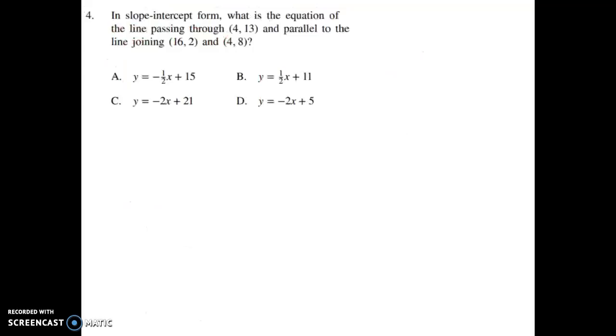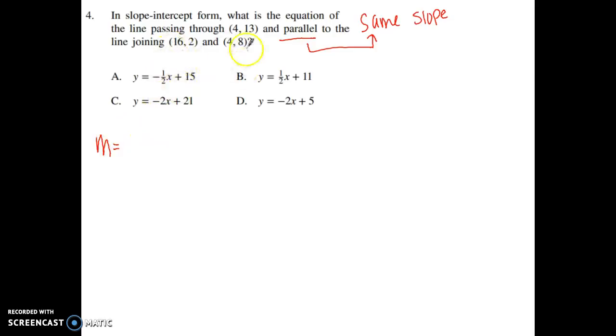Moving along to number 4, it says in slope-intercept form, what is the equation of the line passing through (4, 13) and parallel to the line joining (16, 2) and (4, 8)? So basically this is asking for a parallel line, which again, it is the same slope. So our first step that we have to do is we have to find the slope of the line that they're asking us for. So remember, slope